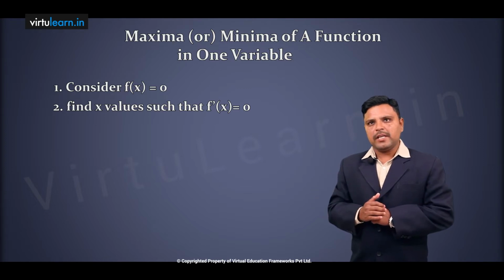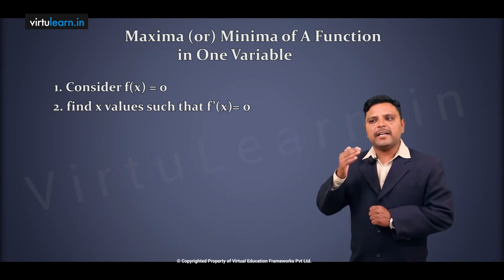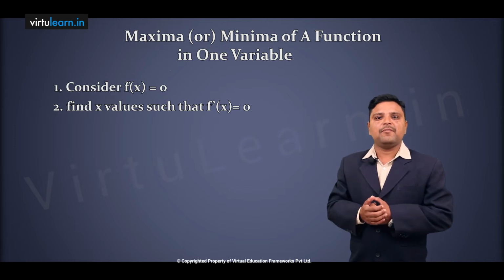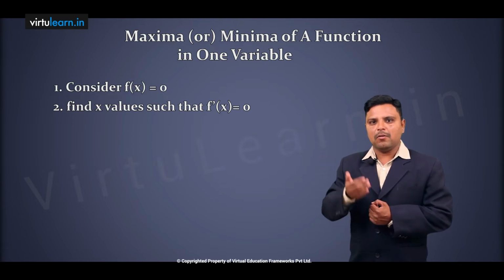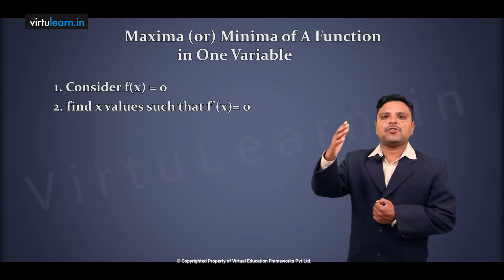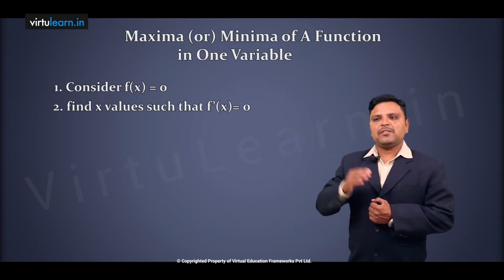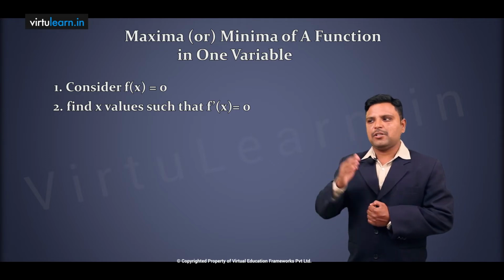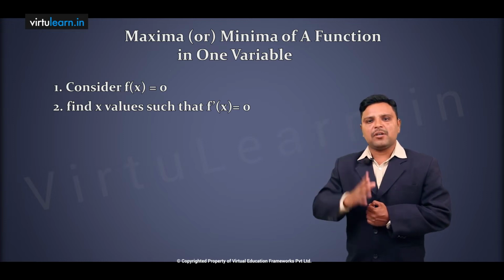Some numbers. If you got 3 values, then you have to check at those 3 values. That means at x equal to 1, what type of value are we getting for that function? Are we getting a maximum or a minimum at that point? For that purpose, you calculate once again f double dash of x. Now this f double dash of x, you check at each and every point. Suppose you have 3 values, x equal to 1, x equal to 2 and x equal to 3, then you check f double dash of 1.